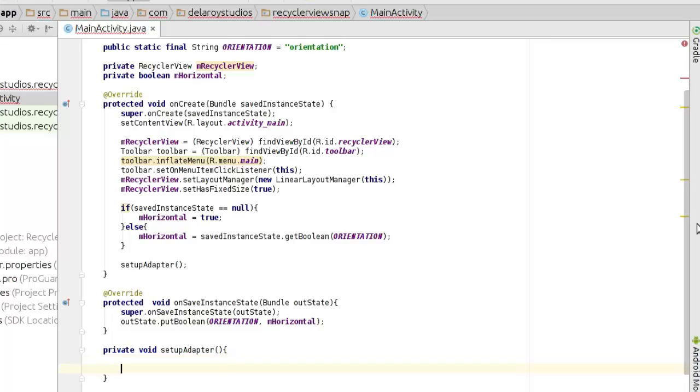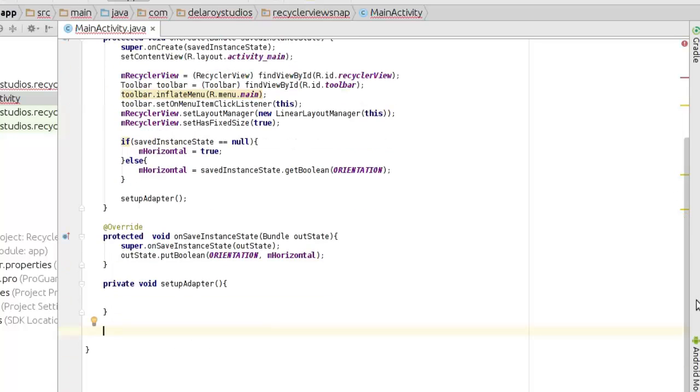It's actually going to be empty for now because we need to create the apps, and also we need to create the snap adapter because we're actually going to be using the snap adapter and the app class. So we're actually going to leave that for now, and I will be moving to the get apps method. Let's create the get apps. We still get back to the setup adapter, which we'll be doing, but let's create